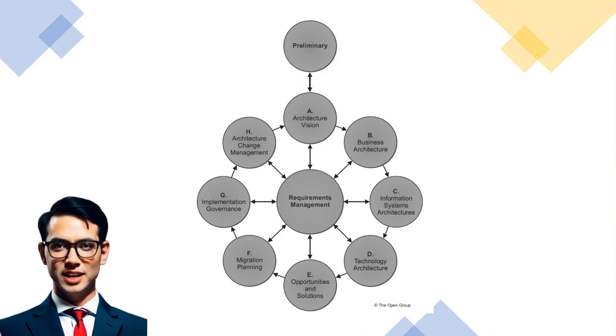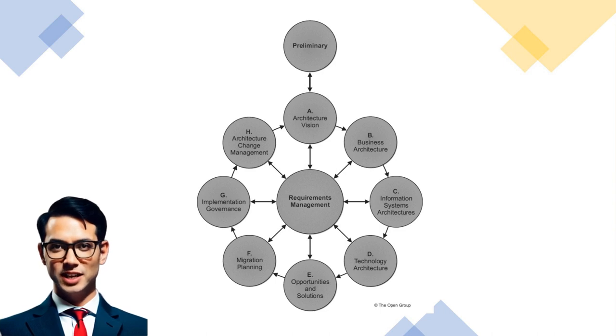architecture development process. In Phase B, the business architecture phase, the focus is on developing a holistic representation of the organization's capabilities, value delivery, information, and organizational structure. This phase aims to define the target business architecture that aligns with the strategic drivers outlined in the architecture vision